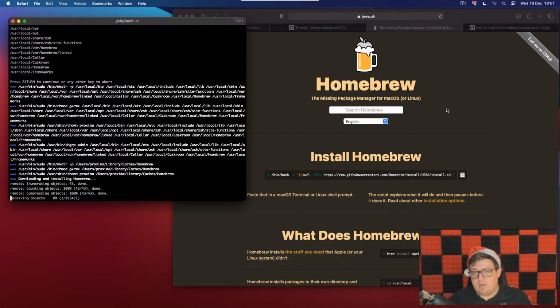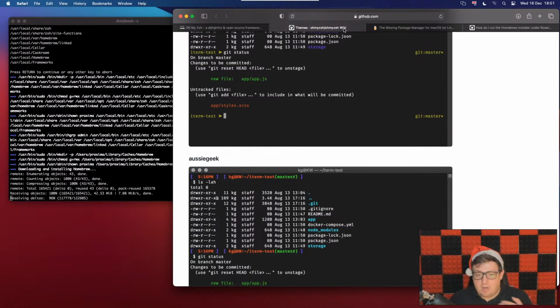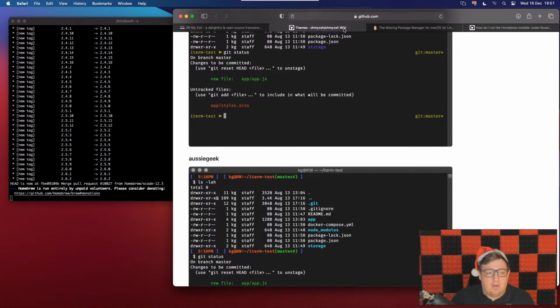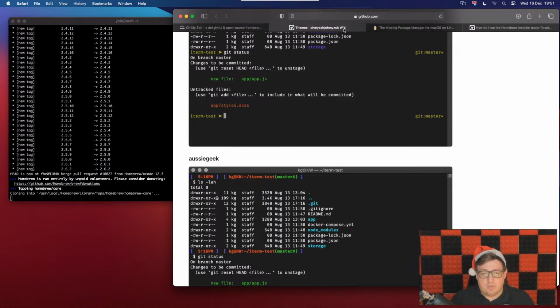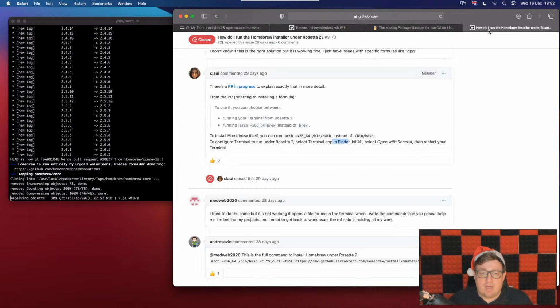Okay, so for anybody watching, what we just did: with the new M2 chips, it's an ARM processor, basically what you get in any Android device. I'm not sure if iOS has the same processor. Probably does, but don't quote me on that. So with this new ARM processor, Brew does not run on that processor type. They haven't supported that yet. But what you can do is install a bit of software that comes with the Mac to install Rosetta 2. Now, the way to install that